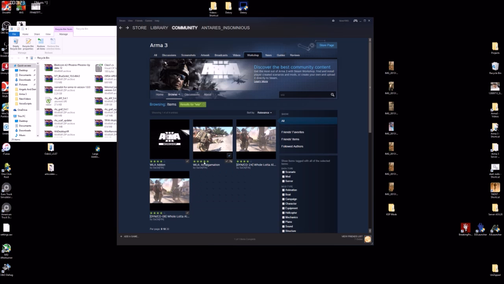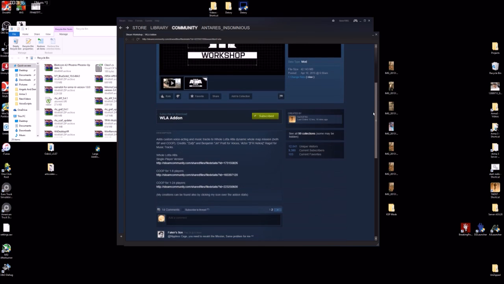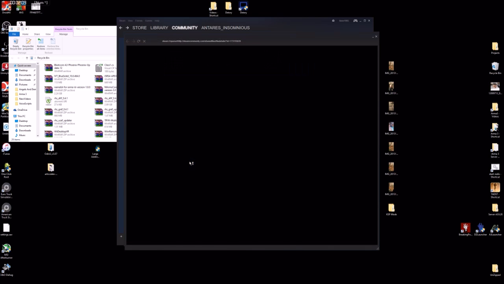So, whichever one you want to do, what you need to do is open the WLA add-on, and then scroll down, and there's 3 different versions. You got the single player version, the co-op version, and the 1 to 24 players. So it's the same no matter which one you install, I'm pretty sure. So let's look at the single player version first, just in case. So all you have to do is subscribe here, click that, and then I'm going to go to single player version,